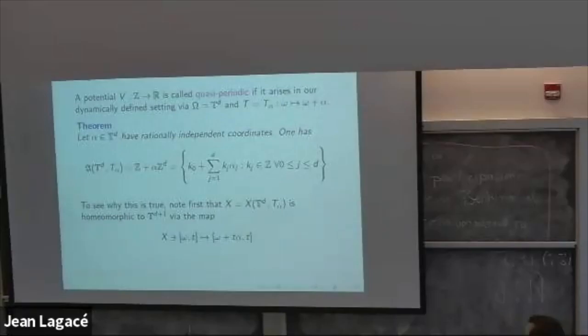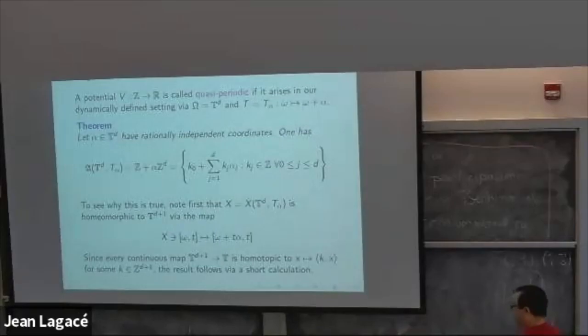And of course, you may know this very well. I don't know by which methods, but probably maybe by this one. So I will just flash this here, but I will not actually discuss it because I'll do it in a more general setting on the next slide. But again, the strategy is the same. So you take your omega, which is T^d,